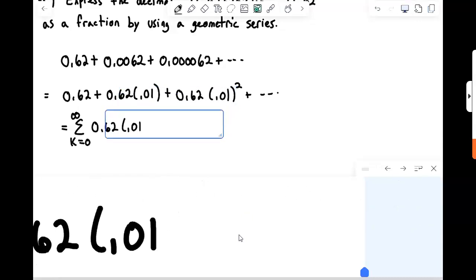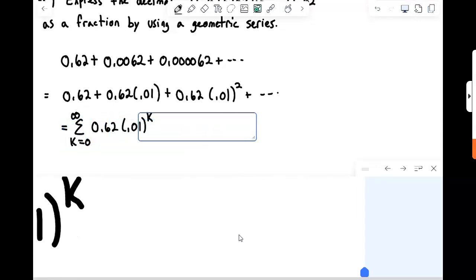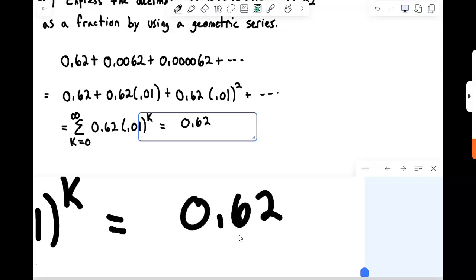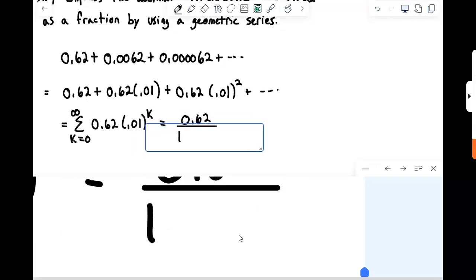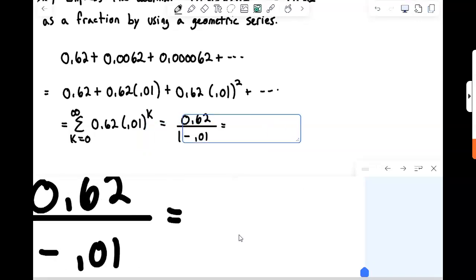So times 0.01 now to the k power. Okay. And now that we've written it as a geometric series, we can say that's just a, 0.62, divided by 1 minus 0.01, and that would be